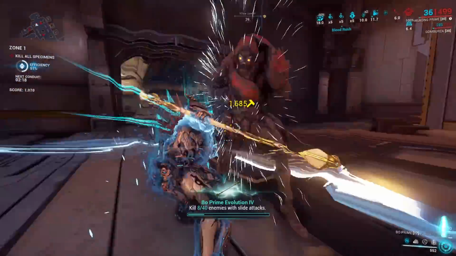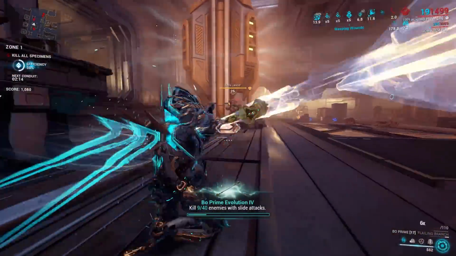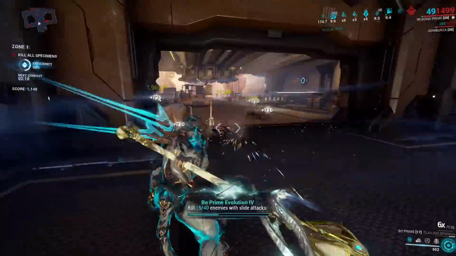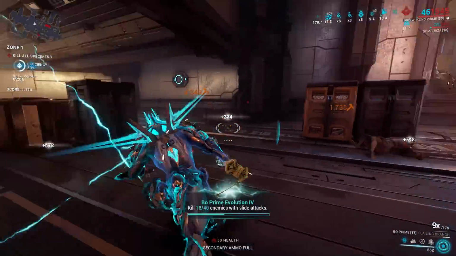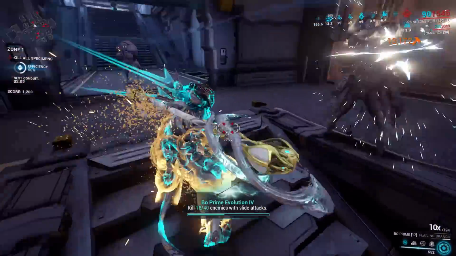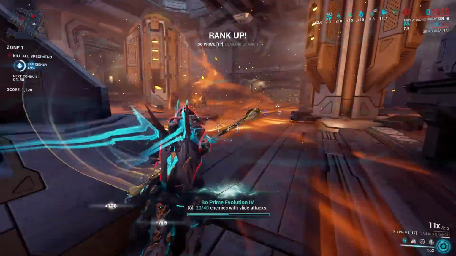The last evolution requires you to kill 40 enemies with a slide attack. I was dumb enough to even take it to the Sanctuary Onslaught, as I waited for a couple of minutes. If only I had just run a capture mission, or Exterminate, and killed enemies, then it would only take about a minute to do so. With an Orokin reactor, you can give any version of the bow some decent mods to kill enemies while sliding,